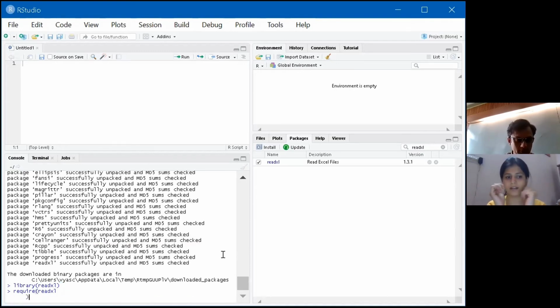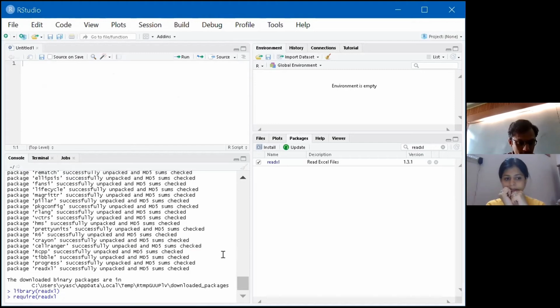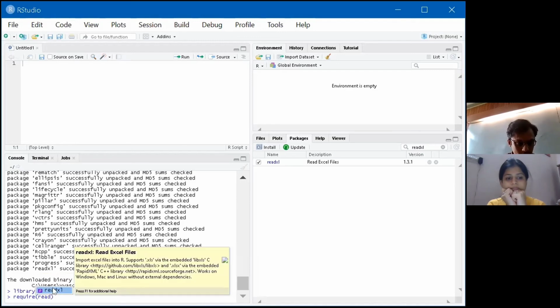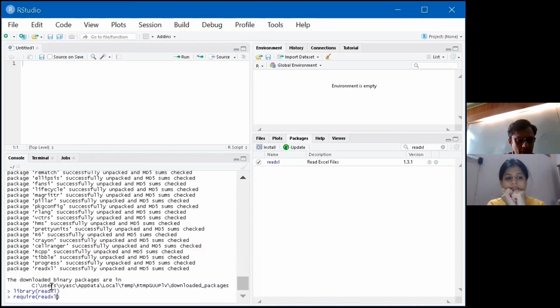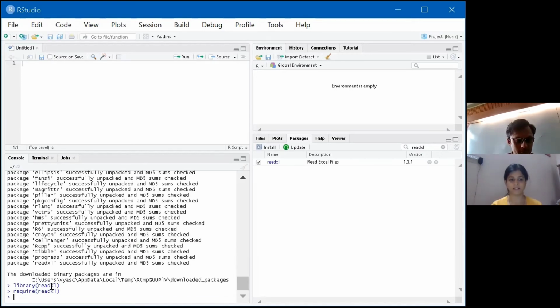Sorry, I made a mistake. No problem. Press right arrow to get out of the bracket, and then enter.